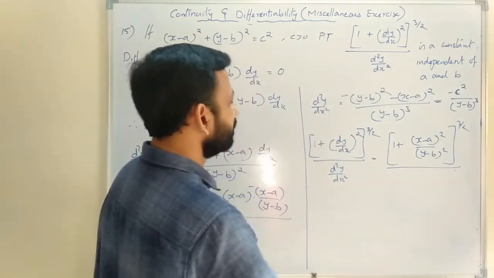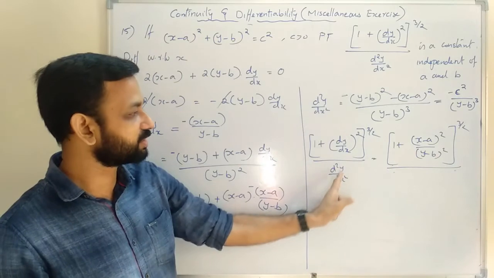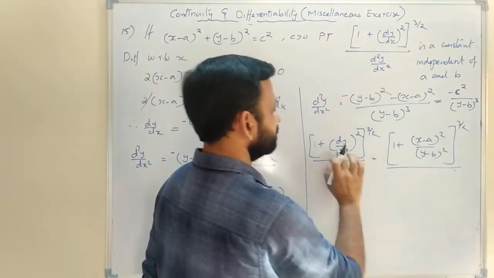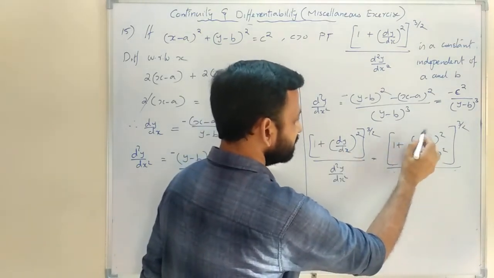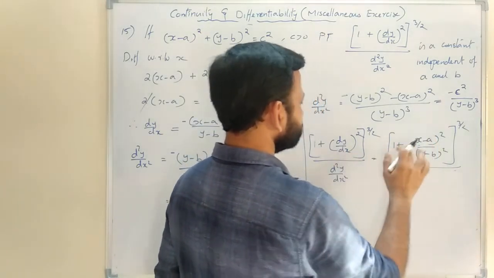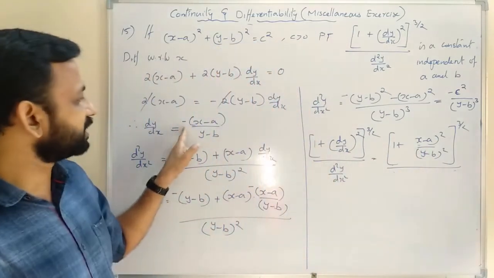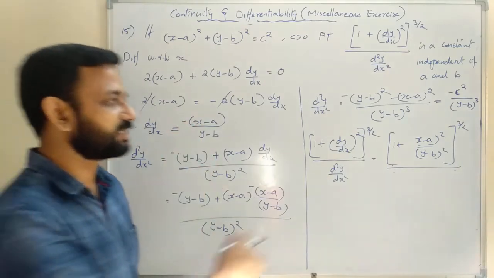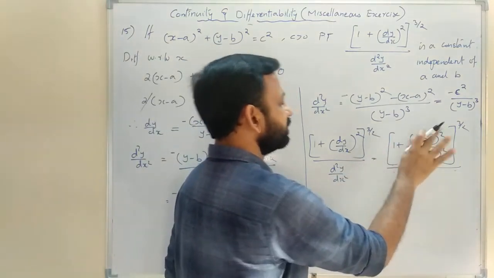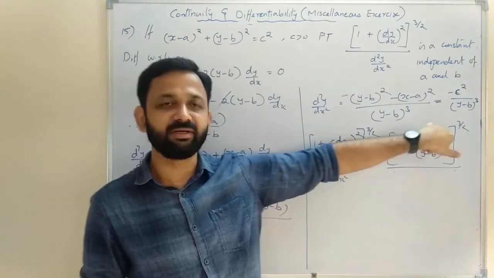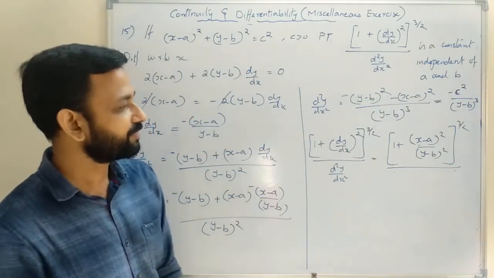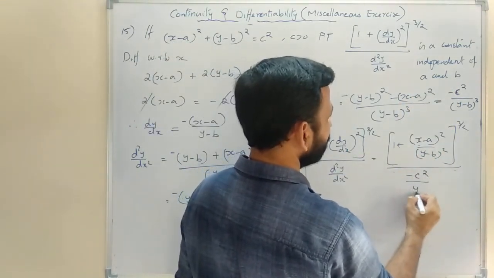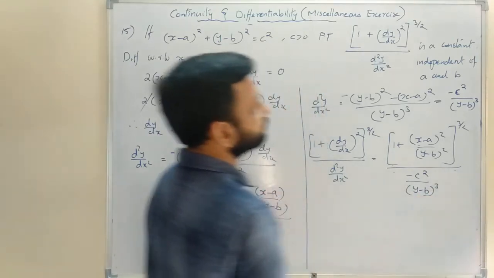So when we replace here, denominator we can replace like this, same. So here 1 plus (dy by dx) whole square upon d square y by dx square is equal to 1 plus (dy by dx) whole square. So dy by dx, minus sign is there, so minus of minus (x minus a) upon (y minus b) whole square. So minus (x minus a) whole square, that is (x minus a) whole square only, so same sign because we are squaring. So minus square will be positive, and denominator will be different. So denominator we write minus c square upon (y minus b) raised to the power 3.